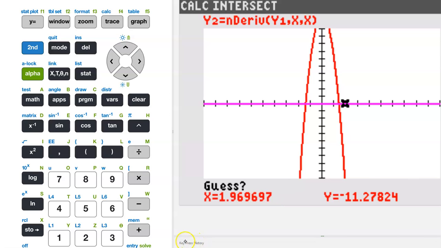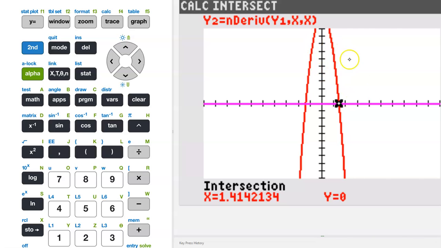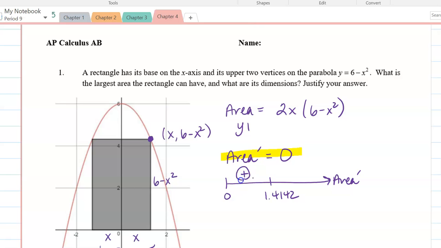All right, so 1.4142. My calculator was a little slow. So we can make a sign chart on area prime, put in 1.4142. This is 0. Looking back at my graph, I have a positive derivative before and a negative derivative after. And that's a good thing because they're asking us to find the largest area, which translates into the maximum. So the maximum area